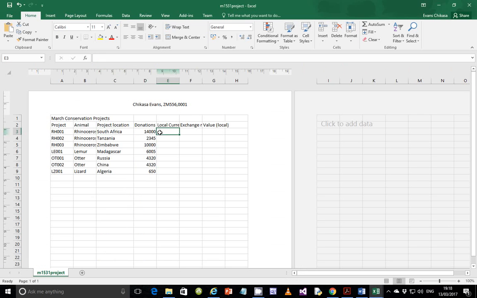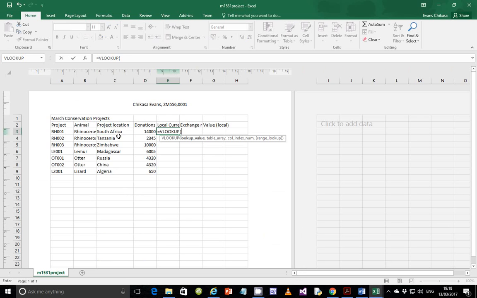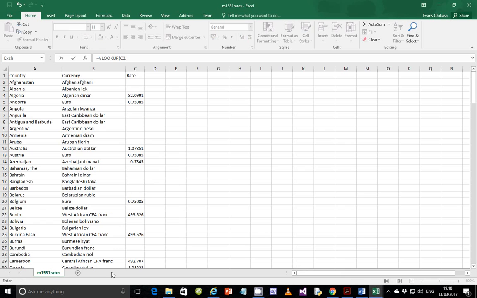So we're going to type in E3 like we were told. So we say VLOOKUP, and then the lookup value is this one, which is C3, comma, the table array. Now the table array is coming from a different workbook, so we need to go to that workbook and select the name of the workbook. Just click there once, and then get the array that you want. Remember, we created a named range called exchange, and so this one selects that table, and then press